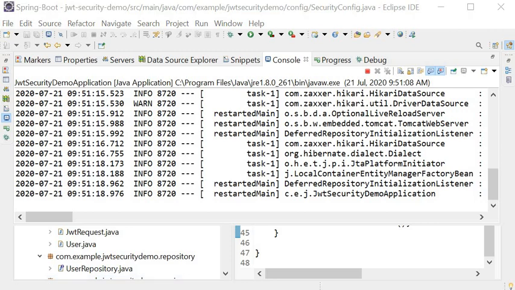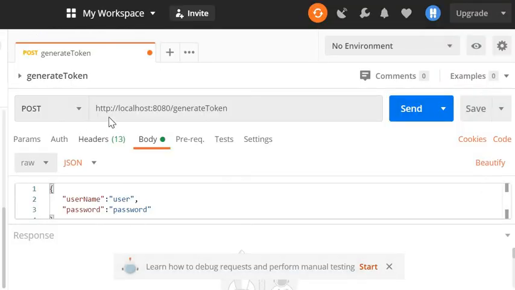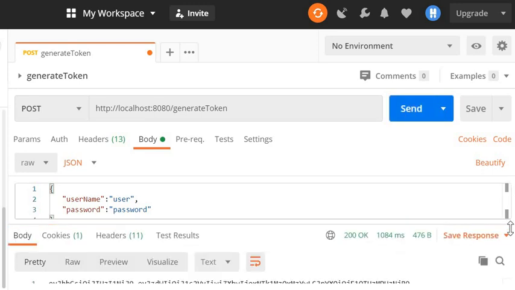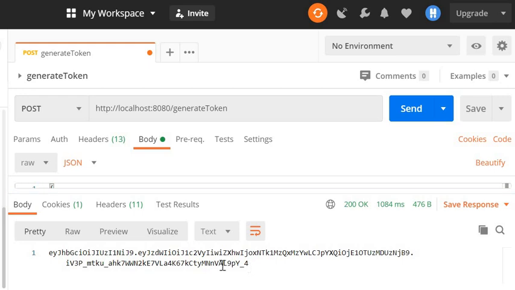Now I will go to Postman, and here I will call this REST endpoint, that is localhost 8080 generate token, and will pass the request body as username user and password is password. Now I will send it. So here you can see the response: the token is generated.